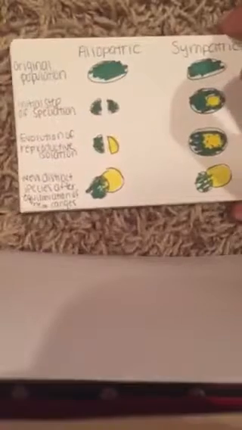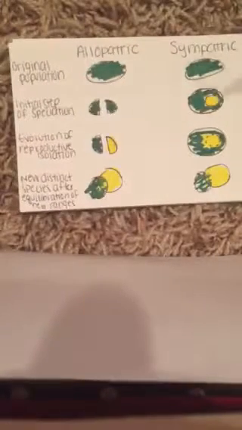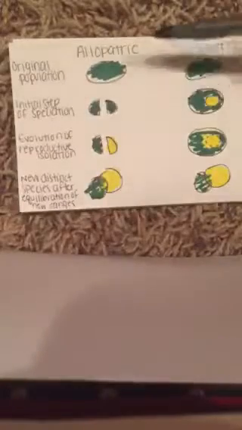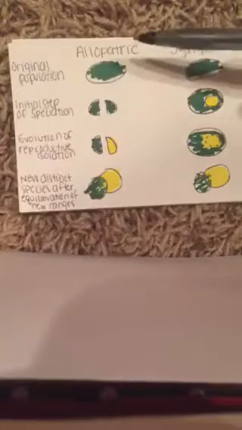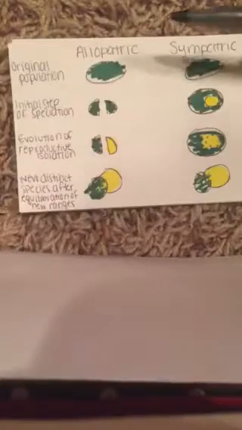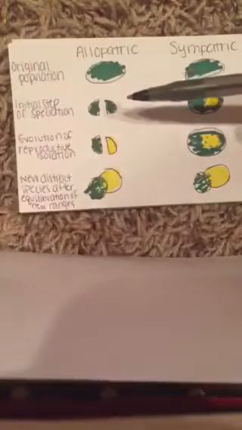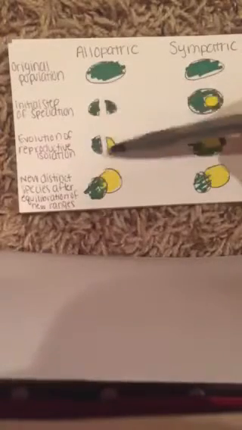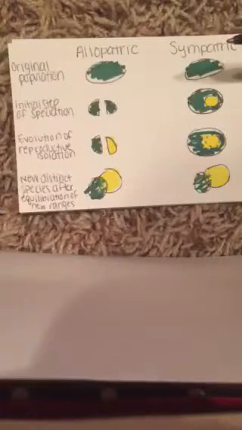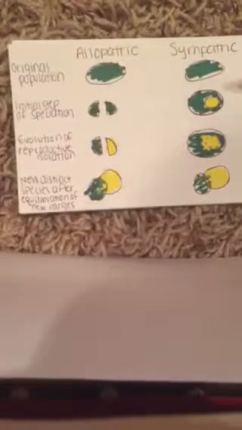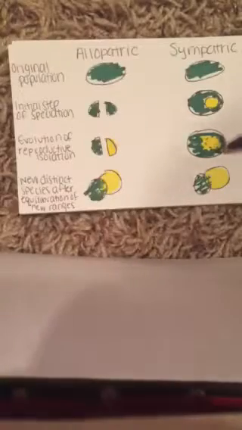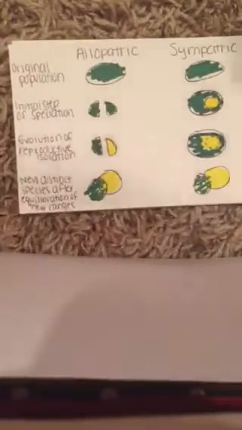Here we have two different types of speciation. I only included two, but there are actually four, because peripatric and parapatric are both very similar to these, so it's not really important to distinguish between them. It's only important to distinguish between these two extremes. We have allopatric, which is when two groups have different lands, so there's a barrier distinguishing them, and basically leads to a geographic change. It's similar to parapatric. And there's sympatric, when two groups have the same land, and that leads to genetic change, and it's most similar to peripatric.